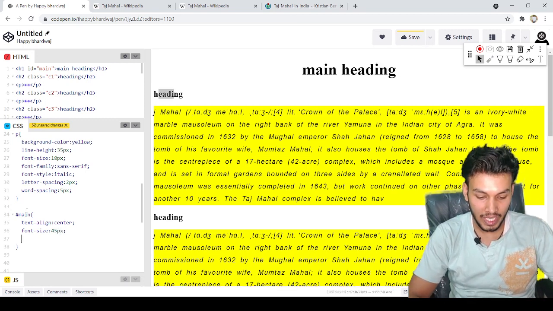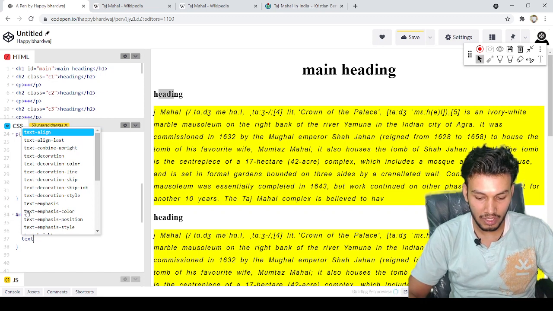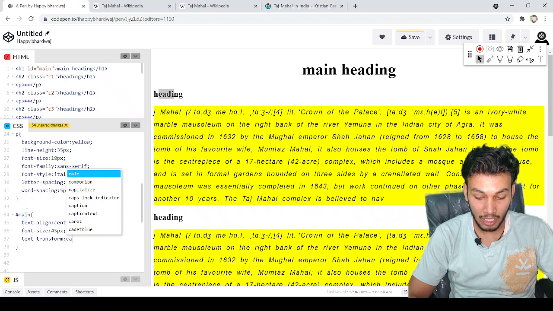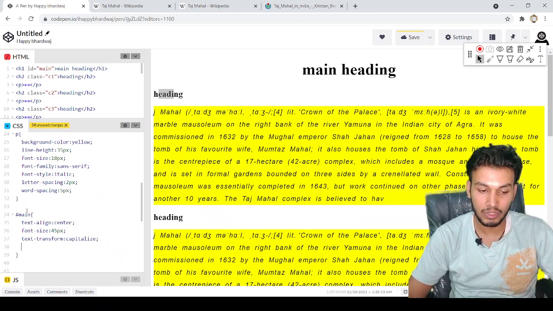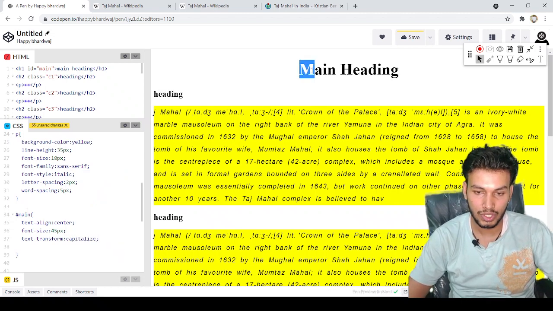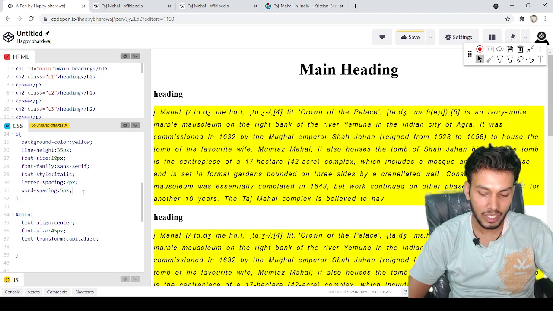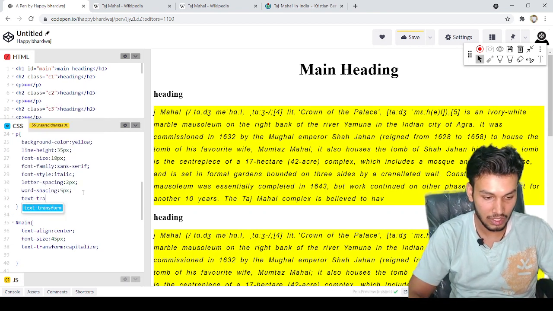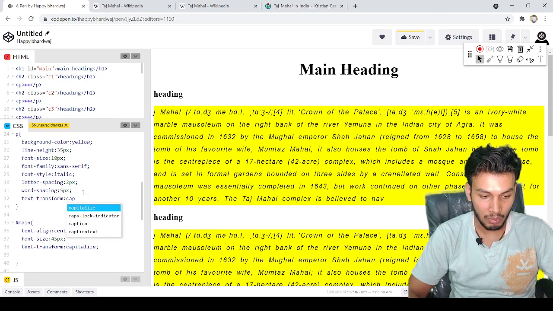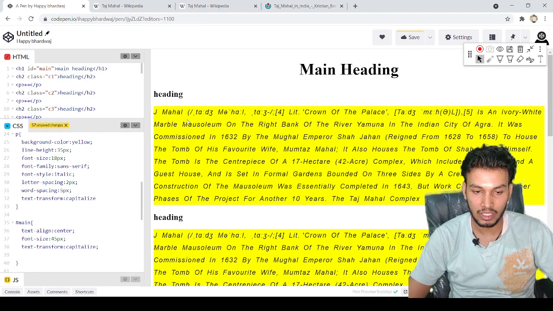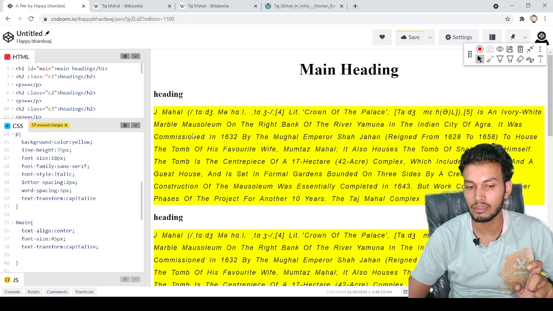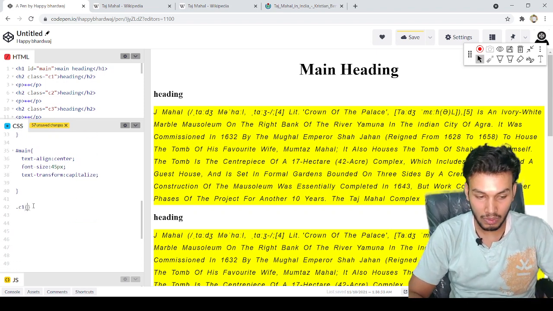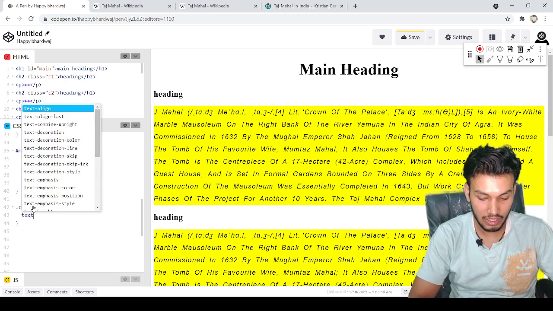Then we have text transform. For text transform, let's say capitalize. Then what will happen is the first letter of both the words will be capital. Even for the paragraph you can try. Let's try text transform. If I say capitalize, what it will do is the first letter of all the words will be capital. And let's say for dot c1 as well, I write here text transform